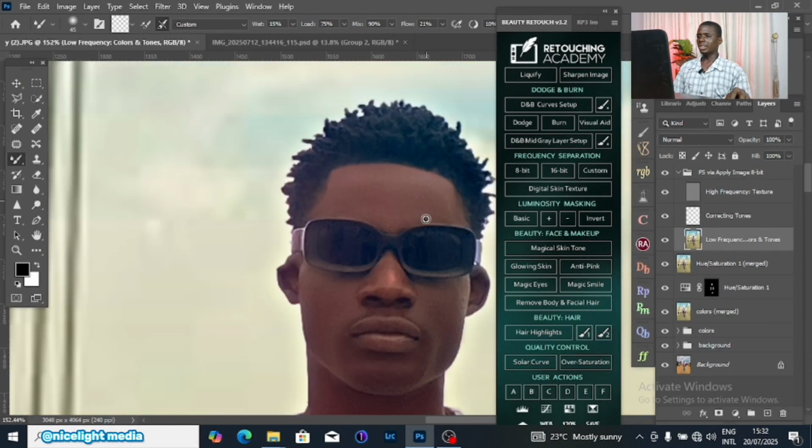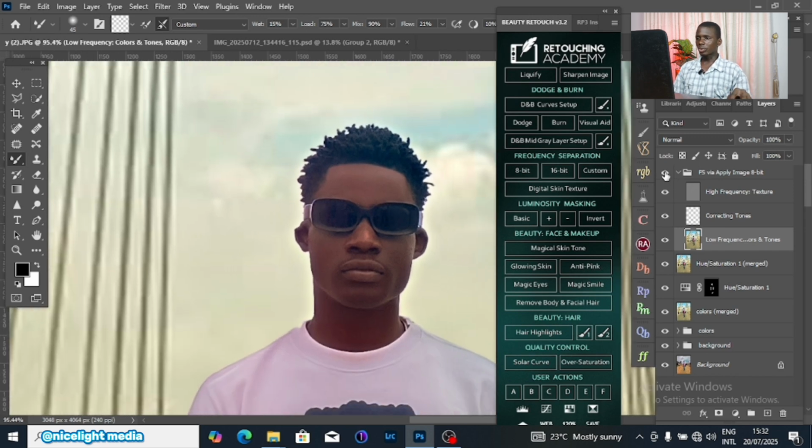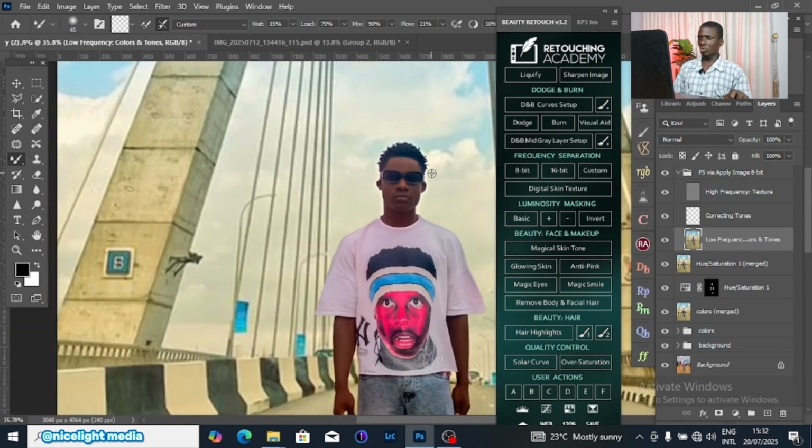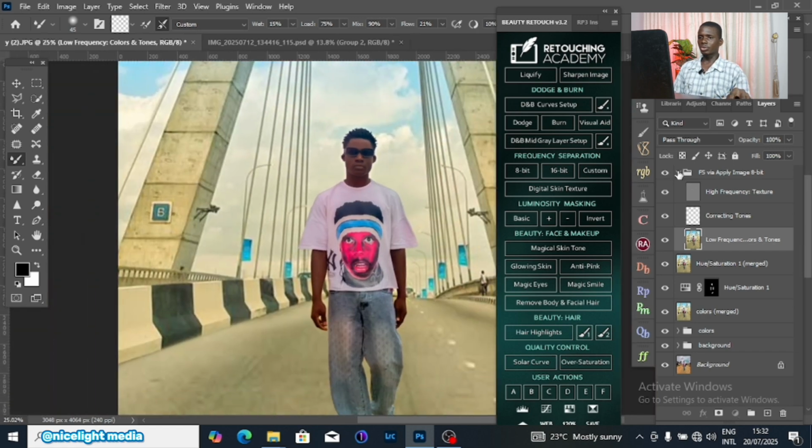You can see how neat this is looking now. So this is before and after. You can see. You see now. This is before and after. So what I'm going to do next now is to